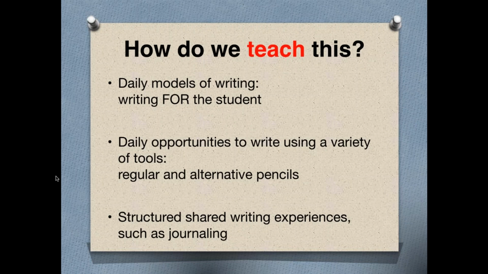We use regular pencils, they see regular pencils, they see keyboards all the time, but they need to see examples of writing using a tool they can one day access, even if they can't access it right now, just to make sure that they understand that writing isn't just something that everybody else does, but it's something that they do. So the more that they see their communication system used to create lists, to send messages,